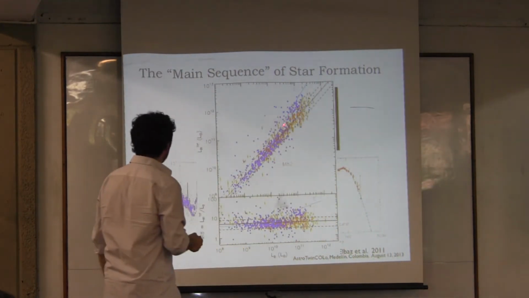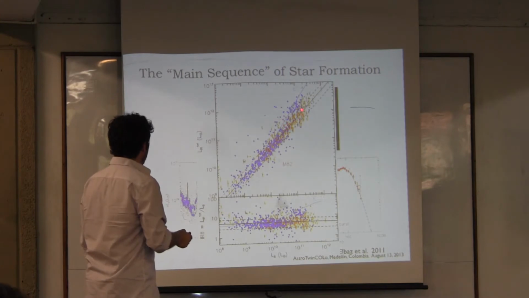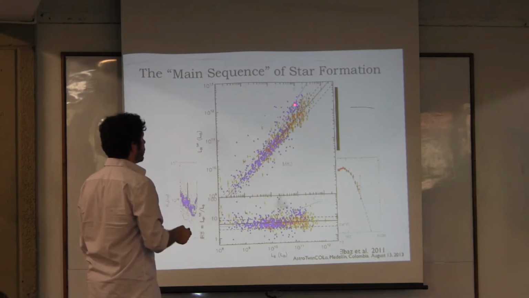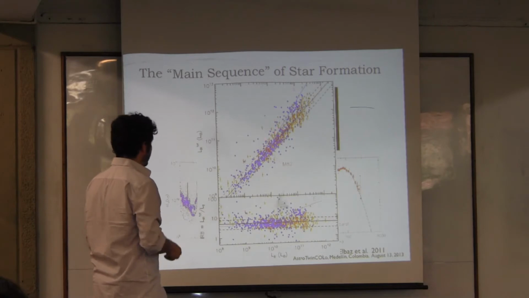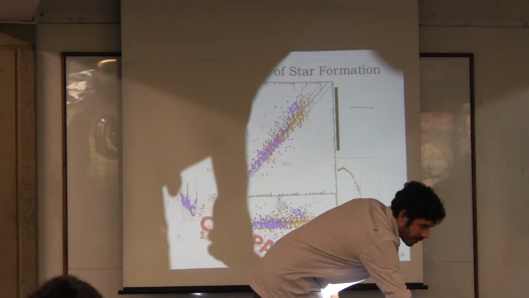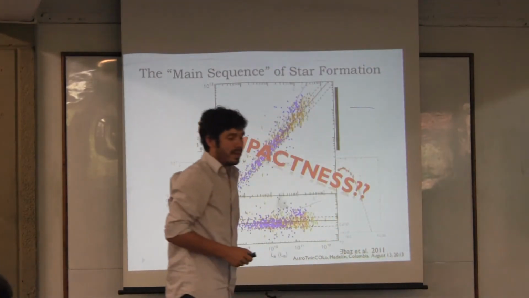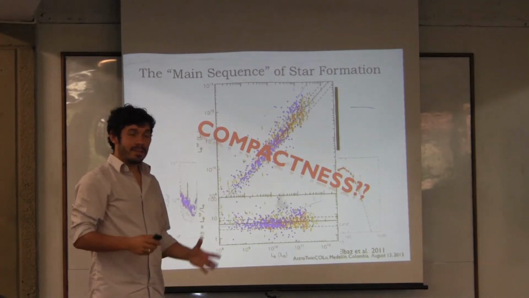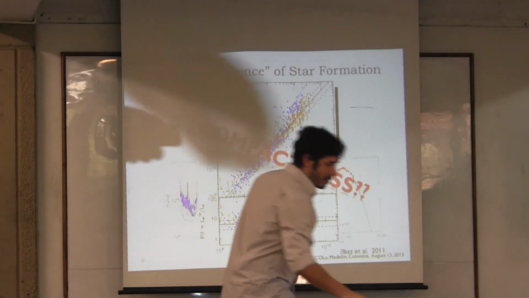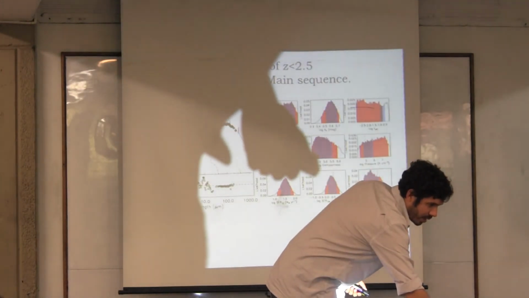This is just to show you that those systems actually have a slightly different value of the ratio of the 8 micron emission to the total infrared luminosity. Those are the starburst mode systems in this paper. This is actually not so relevant, but in any case, it's compactness as defined by the Dopita and Groves models at the base of this difference. So this is an interesting question that we're trying to answer.